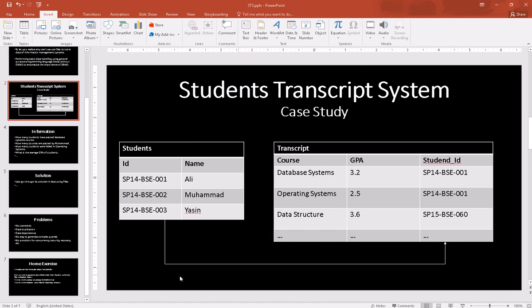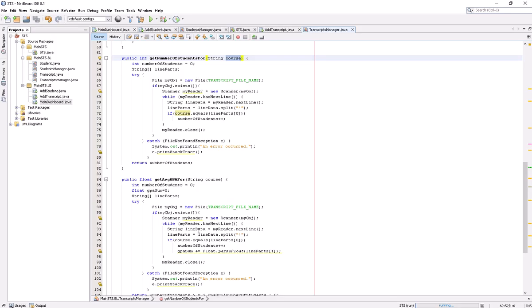I hope you will be updating this code. I will share it with you on subexpert.com, and then you will be able to update this code such that you add these 3 tasks as homework to this application. I will randomly ask any student from the class to show me the outcome before the next lab. The deadline for these 3 tasks is before the next lab, which is next week. So that's it for today's lecture.